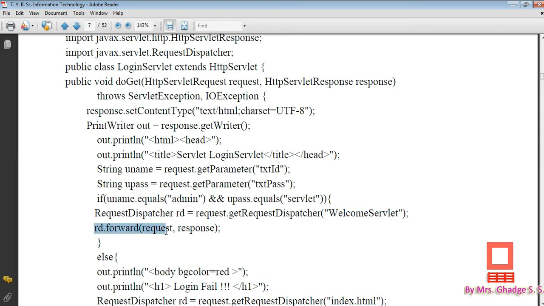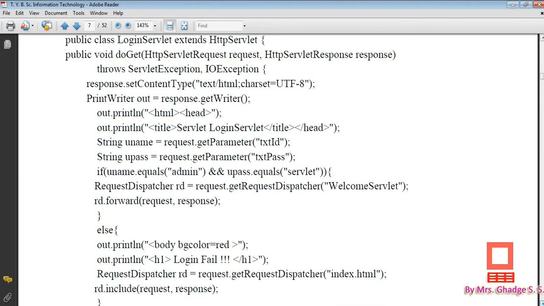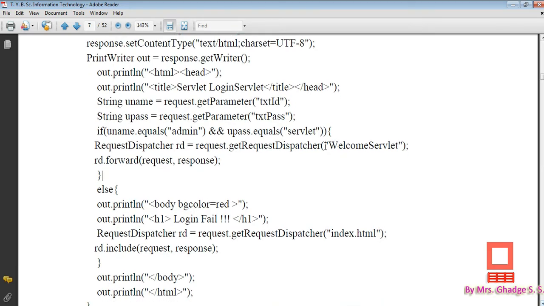Okay, so here is the next statement which is very important, rd dot forward. So forward is one important method of request dispatcher which will forward the request to the welcome servlet file. Okay, so here both the objects request and response will be forwarded to the welcome servlet file. Okay, so this is what happens first if both the username and password match, and an else block is written if the password does not match the username, then we set the background color to red.